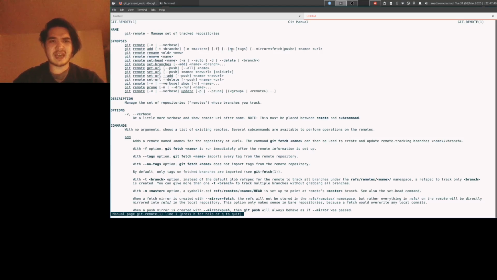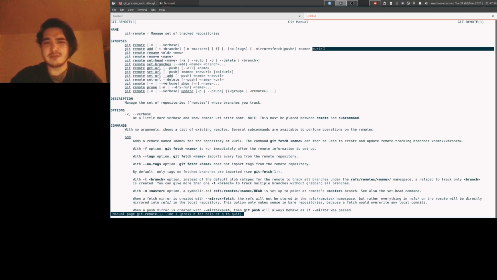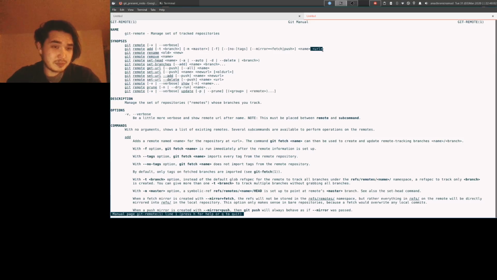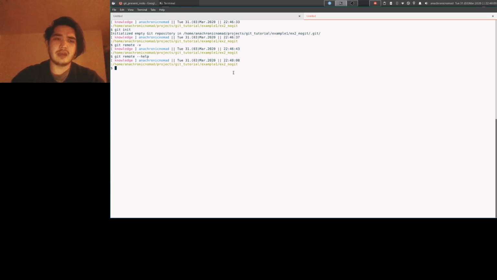And we can leave off tags. Basically, you drop the commit history, and you can do some extra funny business with how you want to handle where things get copied based on whether you're reading or you're writing to that remote. Of course, you give it a name, and you have to give it a file location where a Git repository is, or you can give it an HTTPS or SSH address like we've been using so far. So let's go ahead and add